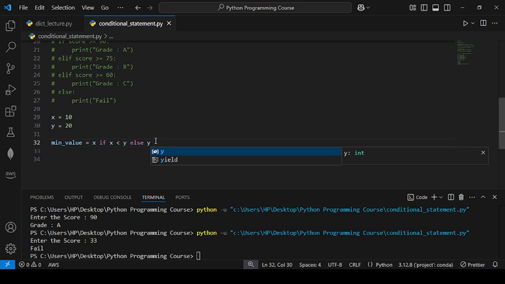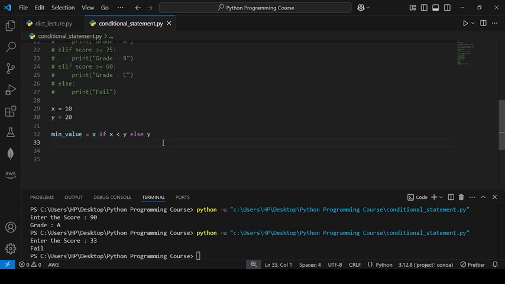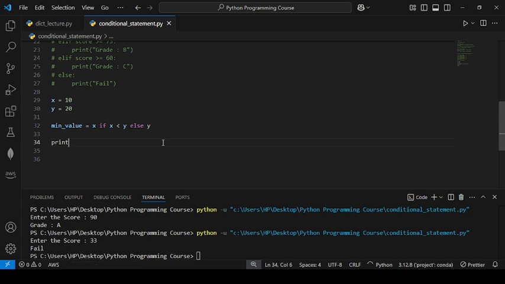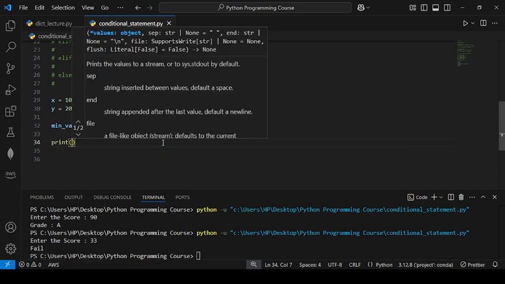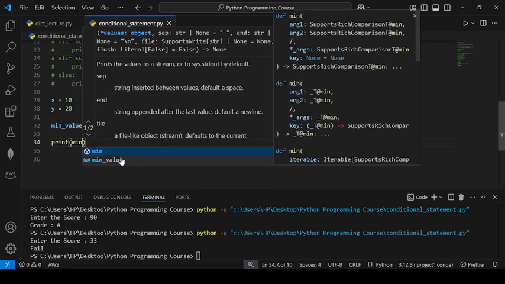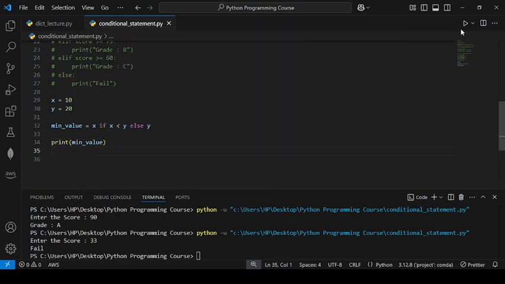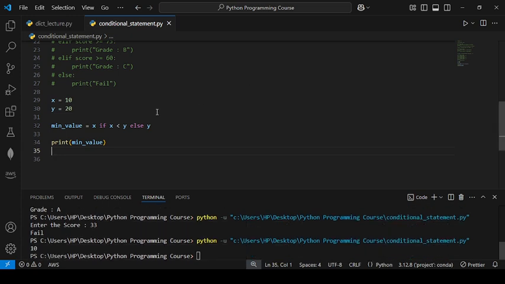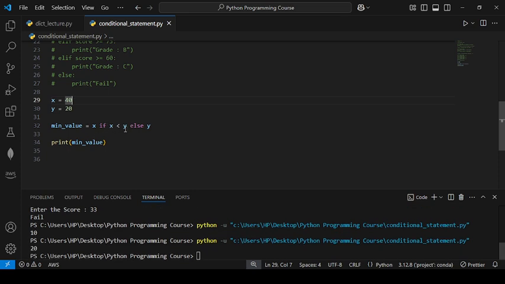Okay. So we can print this min value. So we are finding the min value between the two values using if else. So we get 10 as the min value. If I write here 40, we should get 20, because the if condition will not be executed, only else, 20. Okay,